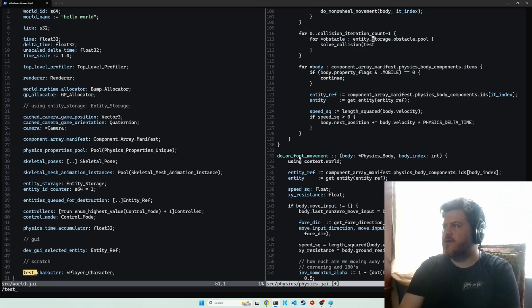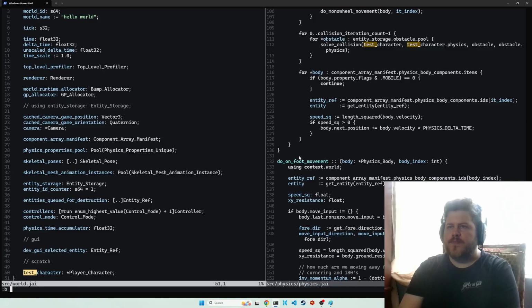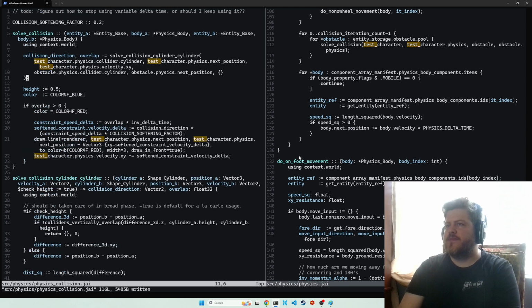Test character is what it's called. And physics, and then we want the obstacle, and then the obstacle's physics. Okay. Back to collision, and